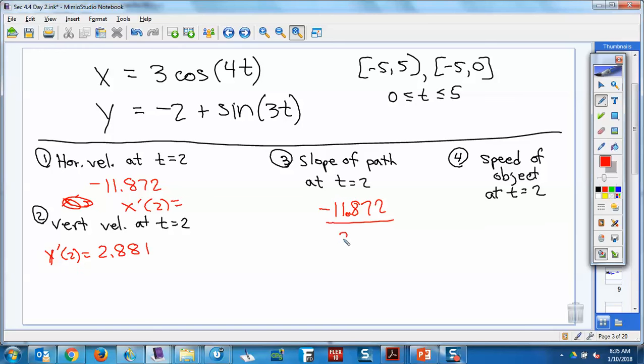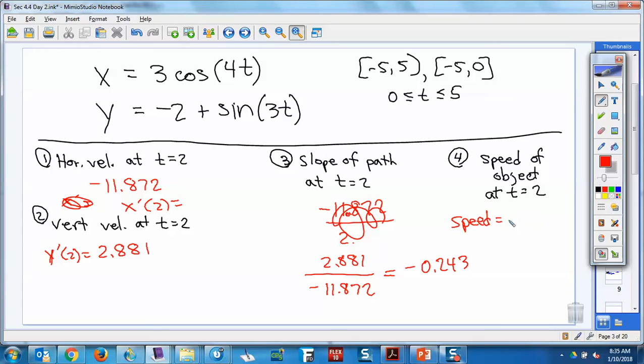Slope of the path, then we're just going to, oops, I got those backwards. 2.881 divided by negative 11.872, right? Like that. That probably should take a few more decimal places than that, just to make sure you get 3 in your answer. What was that? Negative 0.243. Okay? And then the speed